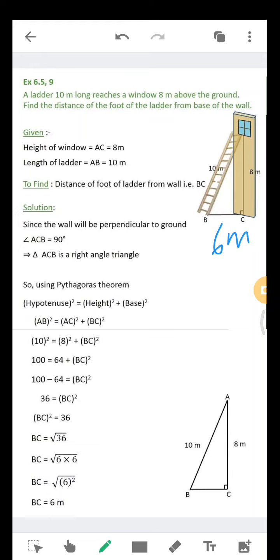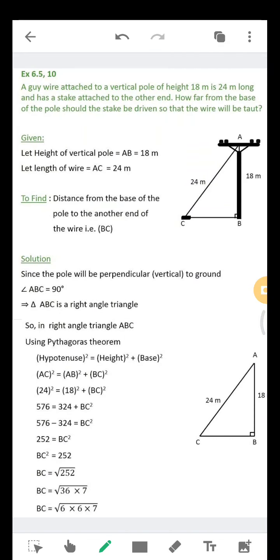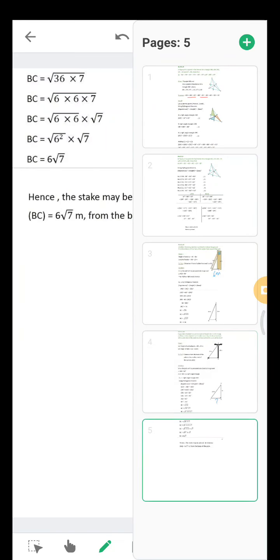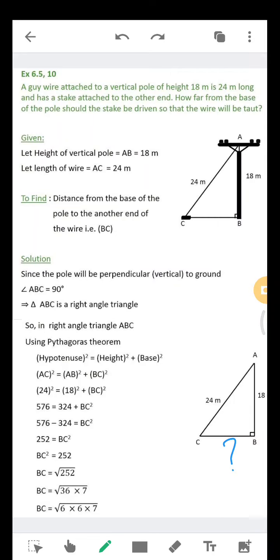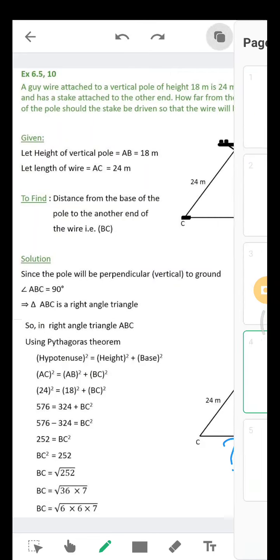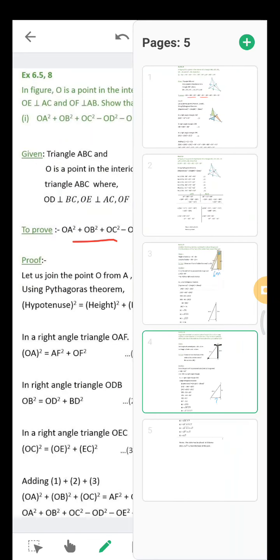So by using Pythagoras theorem, we can find any missing side of a right angle triangle. There is another question which is given, that is the 10th question. Here also we use the same concept. We'll use Pythagoras theorem and find the missing side. Whatever may be the question, whatever may be the situation, we can find any missing side by using Pythagoras theorem. So try this question. I have simplified it for your convenience. Try on your own. If you get any doubt, you can have a look here. So complete this work and